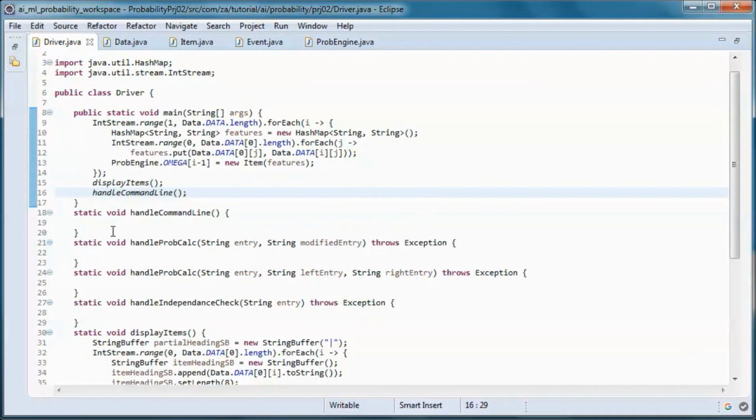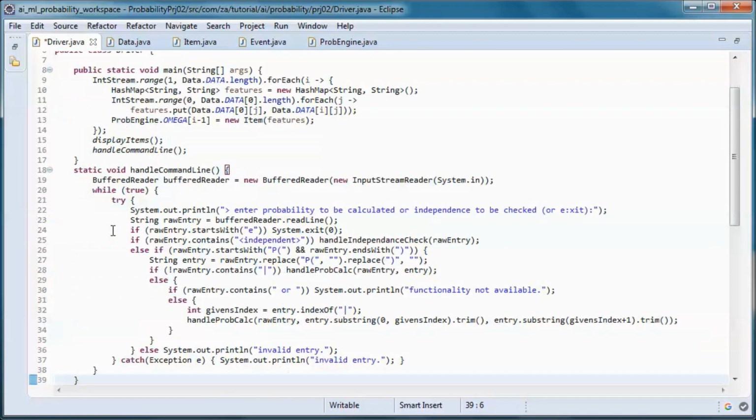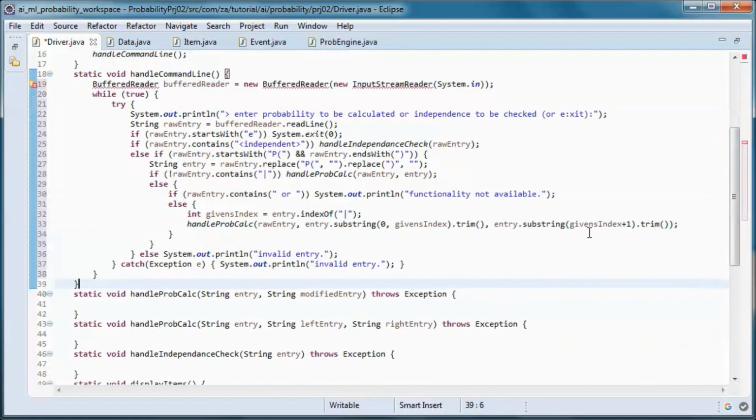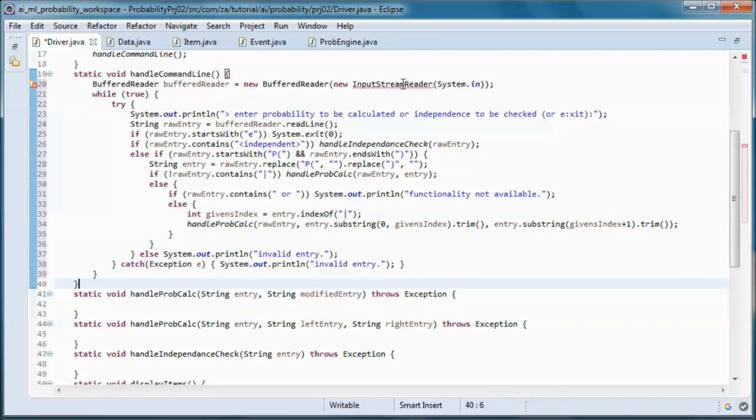And this is the code for handling command line entry. So depending on what the user entered, either we do independence check or we handle probability calculations.